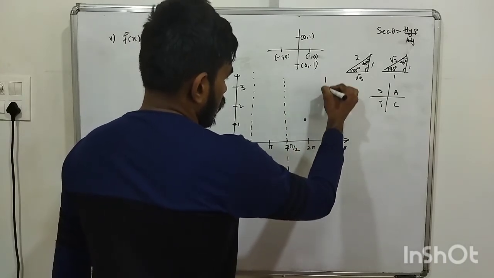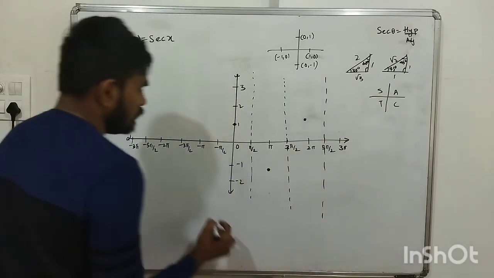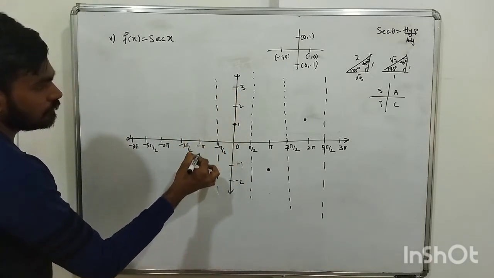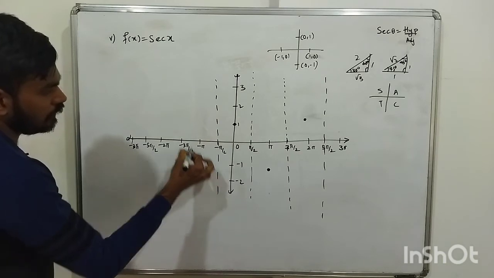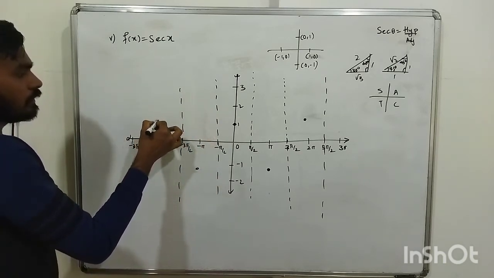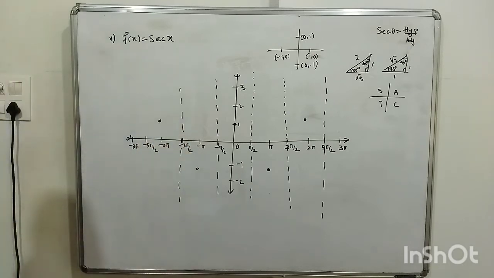And then again for this infinity. Here it will be infinity, here it will be down. Okay. Here it will be infinity, and for this it will be up. Okay. So now let's see for points in the middle what happens.